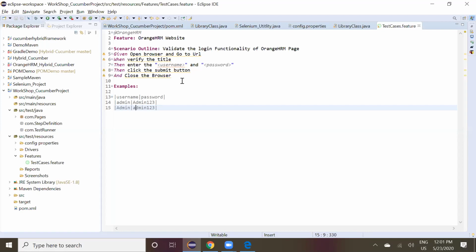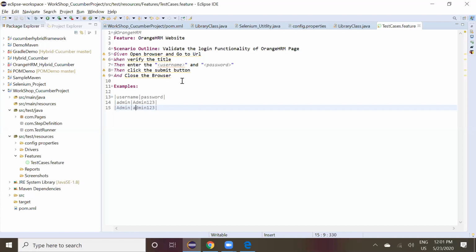Sir, I'm having one small doubt. How did you generate those steps, sir? Actually, the step definition. Cucumber generates the steps by default. See, for each scenario and scenario outline, each Gherkin keyword which we gave, it generates the methods by default for the keywords which we are giving here, like given, when, then, and. So for each keyword, it automatically generates a method.